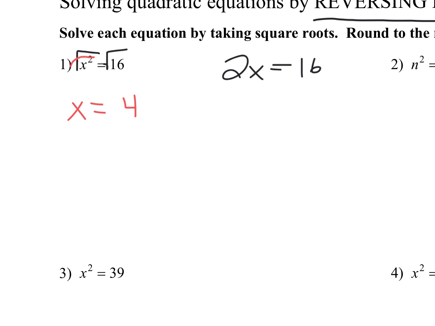So we can plug in positive 4. Oh, negative 4. Negative 4 times negative 4, that's positive 16. So our answers, when you take the square root of something, it's going to be positive or negative 4. So when you take the square root of a positive number, you're going to get the answer as plus or minus whatever number that is. So this is our two